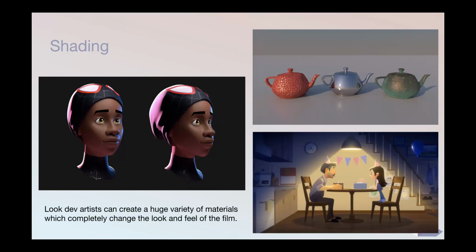So as you can see here, we have everywhere from this image down here, which is from a short that's actually modeled in 3D, but is shaded to have a style that could actually be like a 2D animated film. The one with the table in the kitchen. And basically how that's done is through something called cell shading, also known as toon shading, where light isn't actually simulated, but is just used to give like the correct colors and shaping to each of these